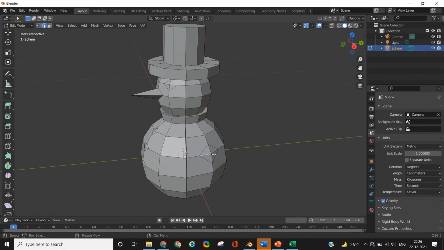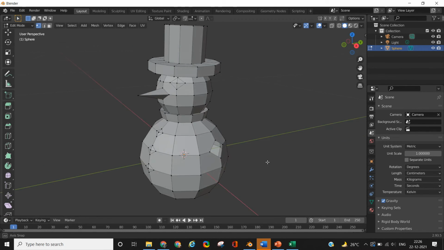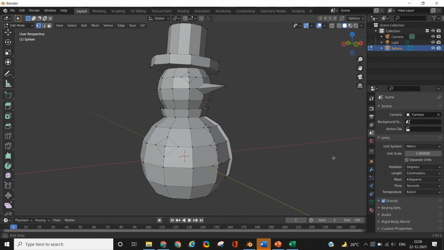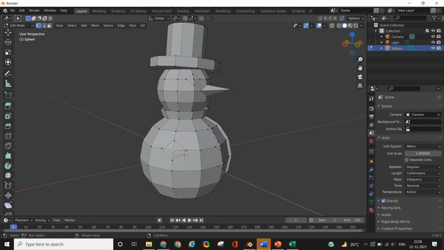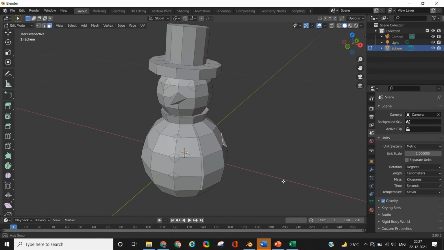But then we are going to need a flat surface rather than a pointed surface inside the rhombus. So we are going to either delete that vertex and then create a face out of those remaining 4 vertices, or we can simply dissolve the vertex also, which will create the exact same thing as we did by deleting and creating the face. Once you have that flat surface on the sides, select that face and then press E to extrude it outwards so that the arm gets extruded.